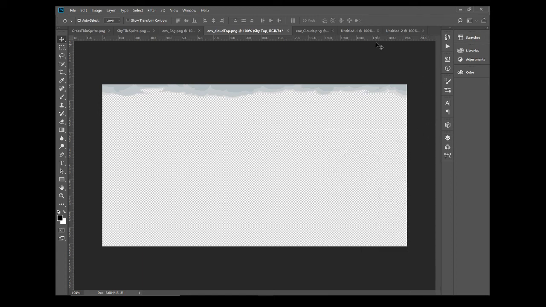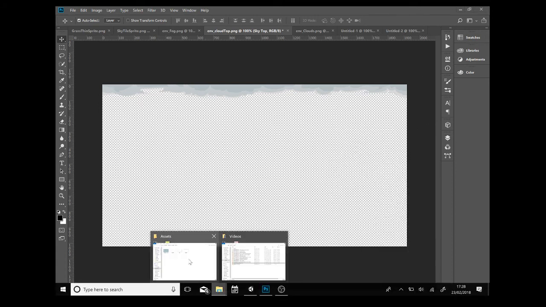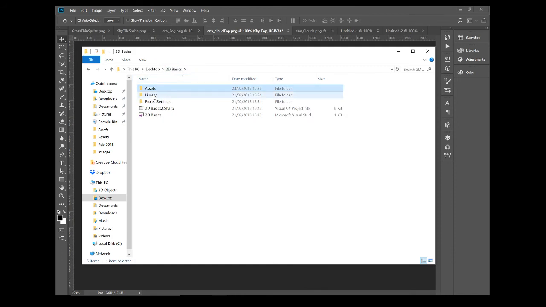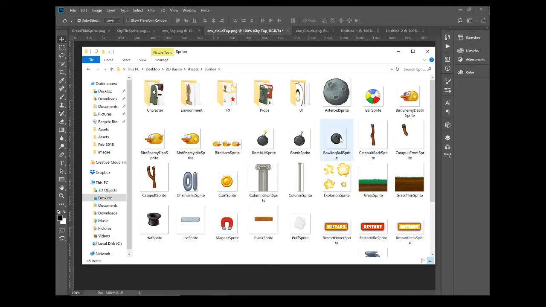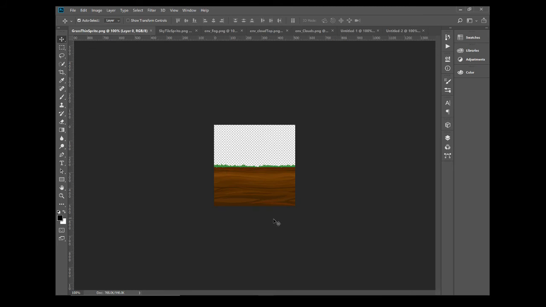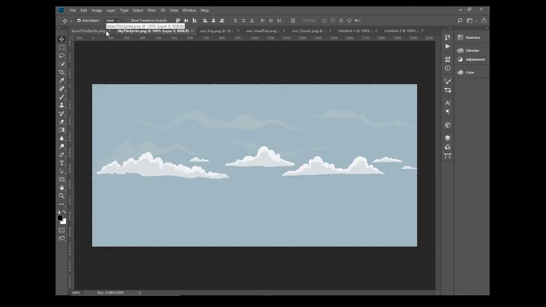Okay, really important. I've downloaded quite a lot of assets from Unity Asset Store to have a play about with, and if we have a look at these, look at some of these sprites, let's open them up in Photoshop and see what we're looking at. So I've opened up this one, grassland sprite, like the ground layer. So you can see this is how big it is. So it's quite small compared to the background. If we go back to that, where is it? This one. See how large that is? That's we're seeing that at 100%. You see down in the corner. That's the actual size it is, and